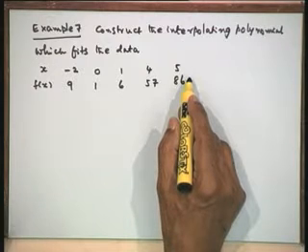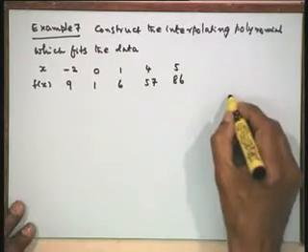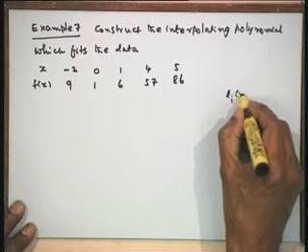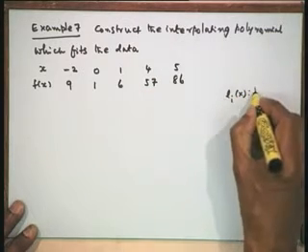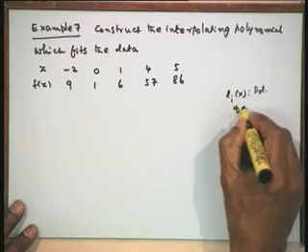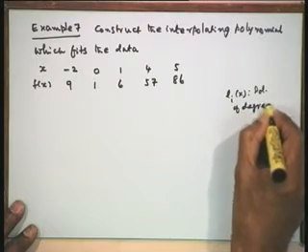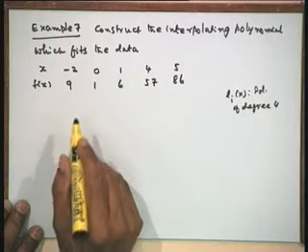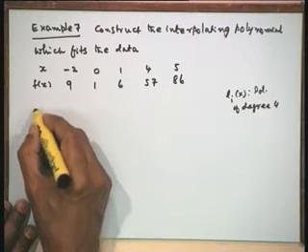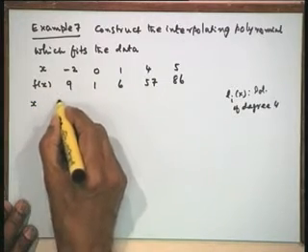Therefore, if I am using again the Lagrange interpolating polynomial, all the L i x, that is your L0, L1, L2, L3, L4, they will be polynomials of degree 4. These are polynomials of degree 4, and we need to simplify the entire thing, but we shall now again use the divided difference, and let us write down the divided differences.